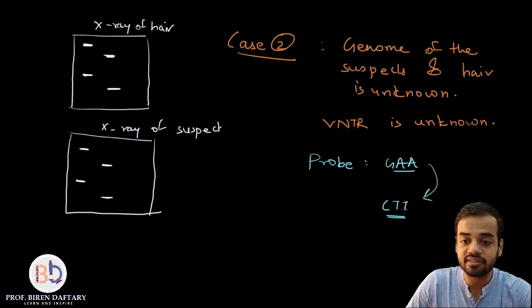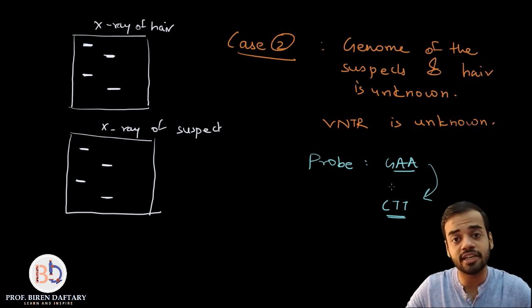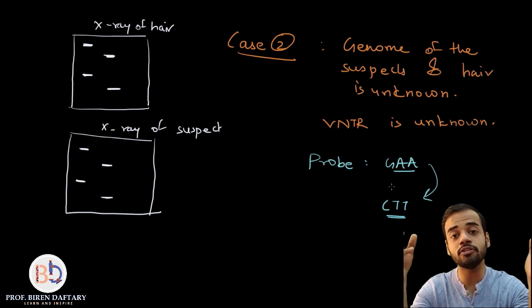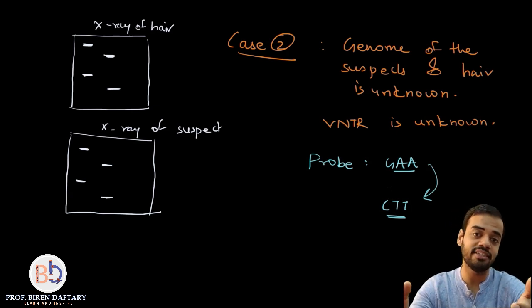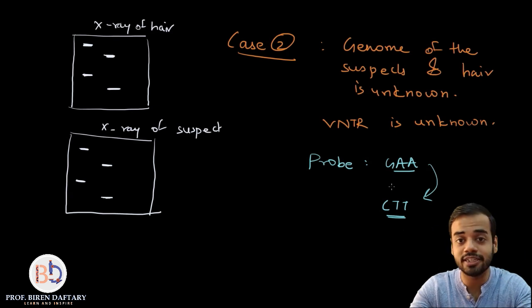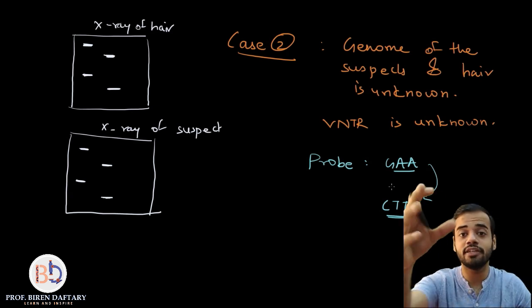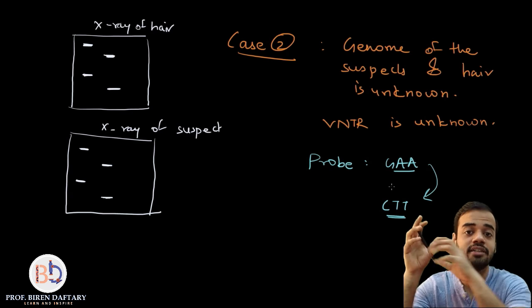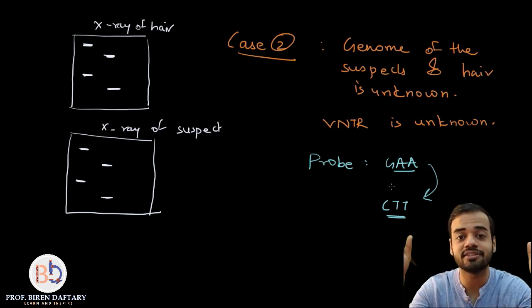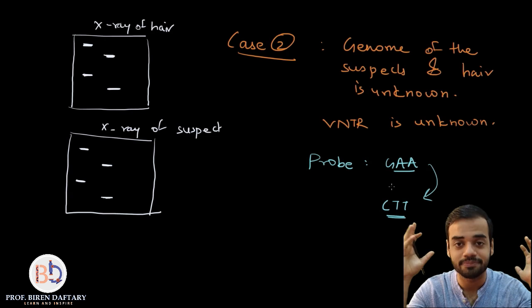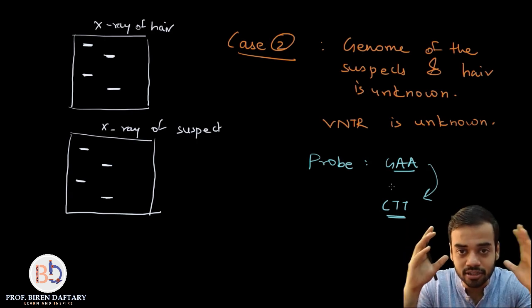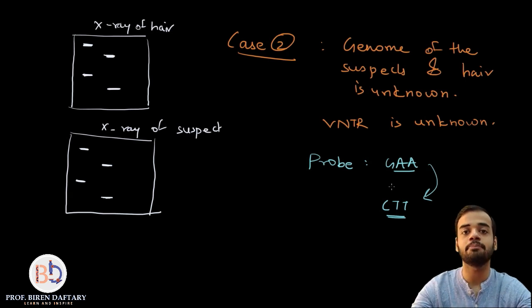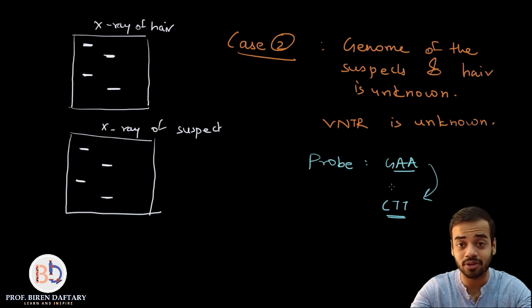We cannot find out the VNTR like this. See, this CTT sequence can be the VNTR, or it cannot be. Suppose all the other 6 suspects are also showing bands, that means the CTT sequence is present in them also, so then it cannot be the VNTR. Suppose if you are very lucky and the other 6 suspects do not show any bands on the X-ray, that means they do not have CTT at all. Are you getting my point? So even if the VNTR is unknown, you can compare the samples and find out whether both samples belong to the same person or not.